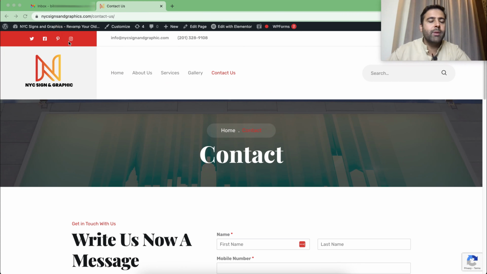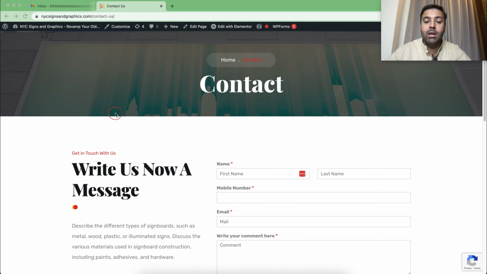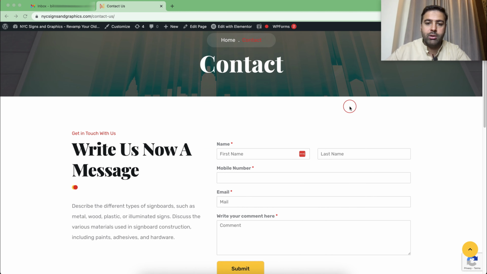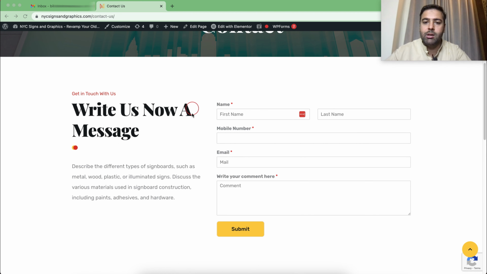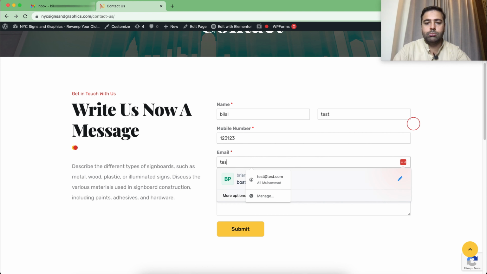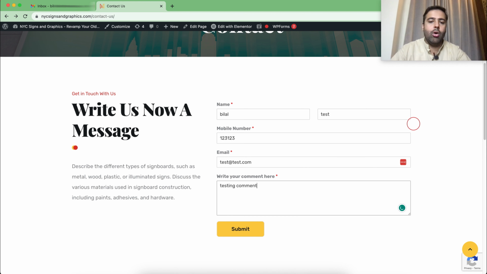Okay guys, so that's a WordPress and Elementor website which we built for our client, and our customer emailed us back days ago that they were having issues receiving inquiry from their website to their inbox. They said they are not getting any emails when someone fills up the form. So for example, if I fill up the form, testing comment, click on submit button,